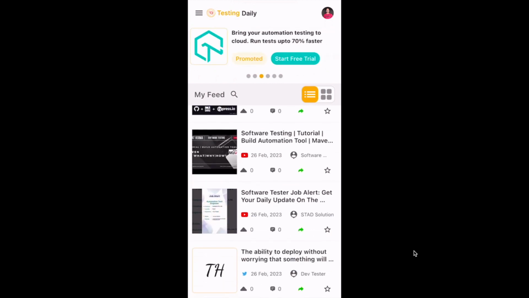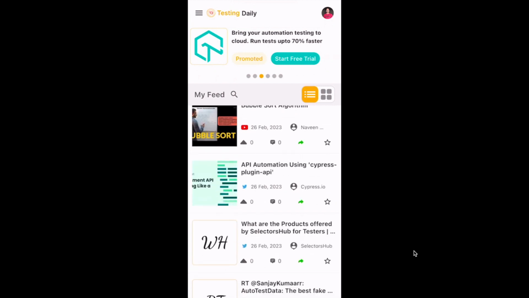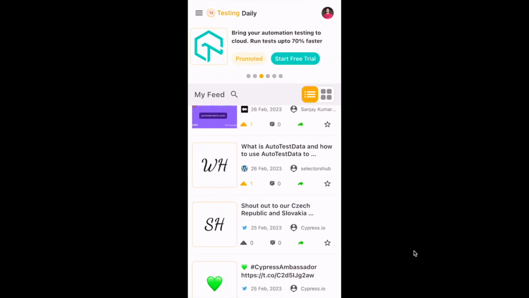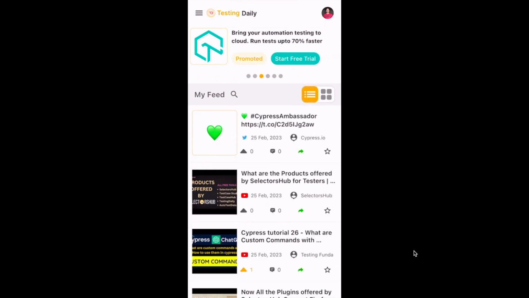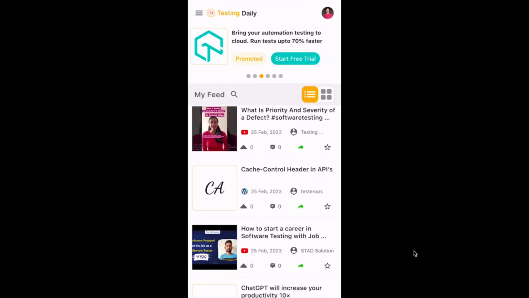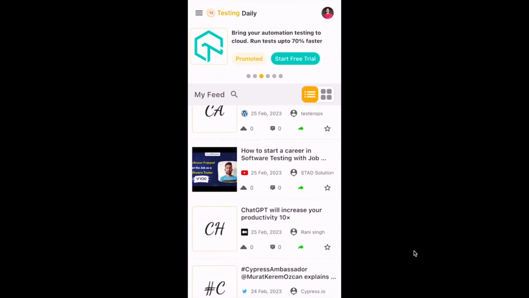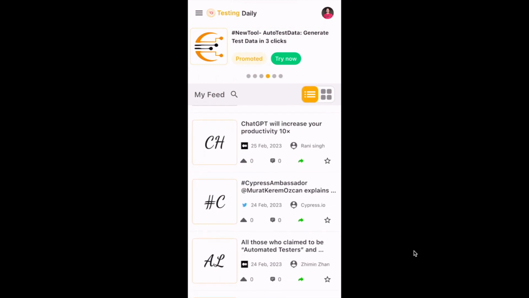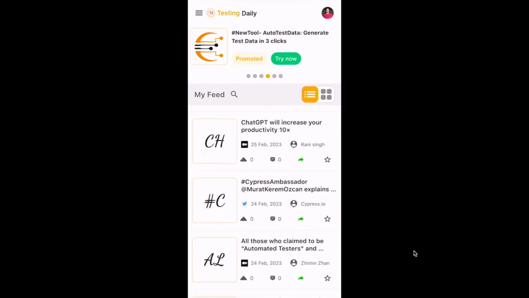All those feeds, whenever it finds a new testing feed, it will come here and show you guys, like from WordPress. So you just keep on scrolling, you will keep on getting all the feeds. Whenever you have free time, just see the feed here in place of wasting time on social media. Every time you open the Testing Daily mobile app on your phone, it will add some value